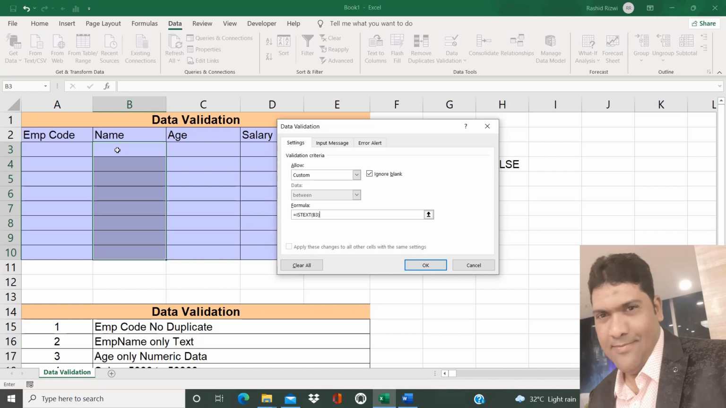So if you go down, if you go to B4, this formula will change automatically to B4. You need to give the first cell of selections. When you click OK,